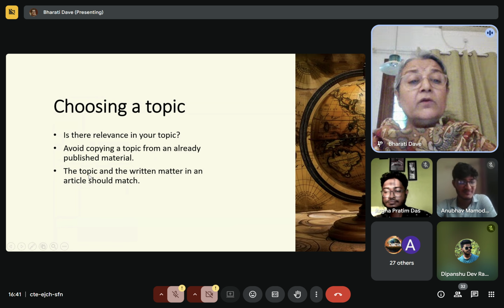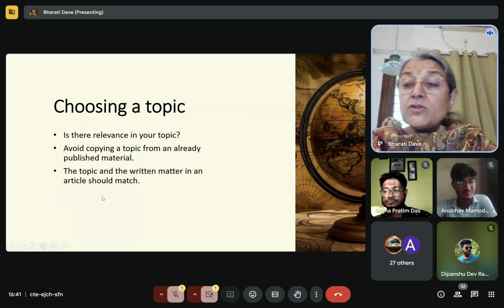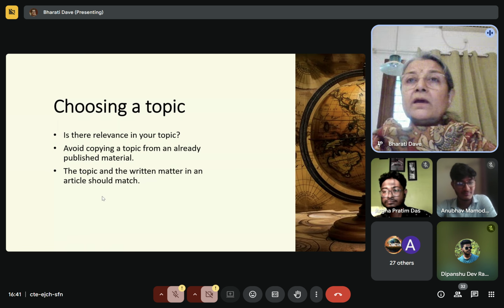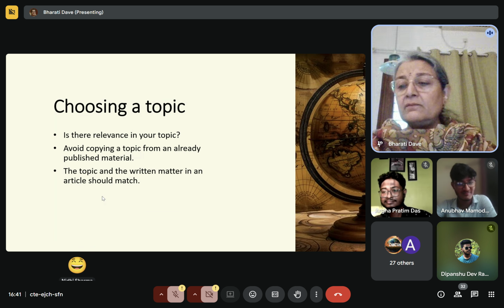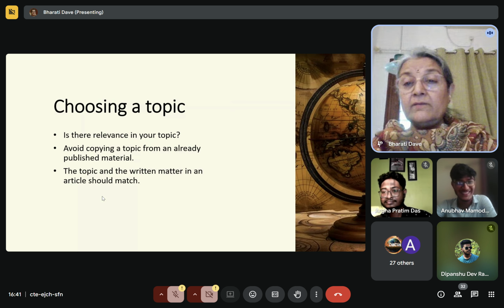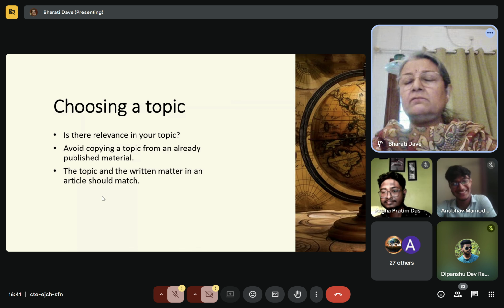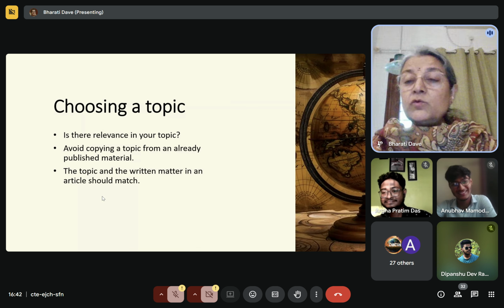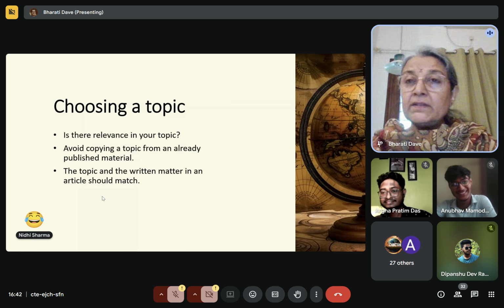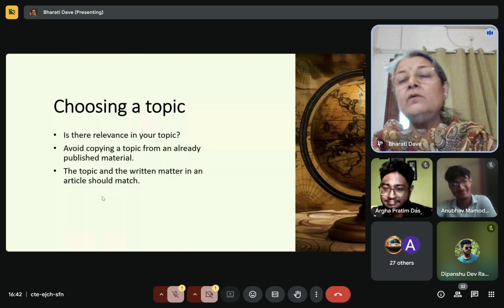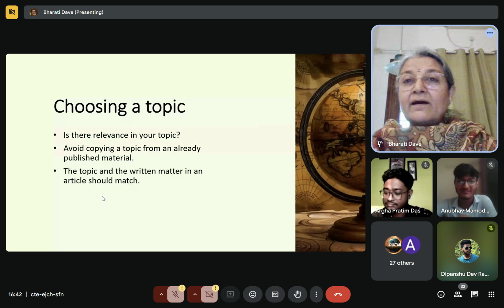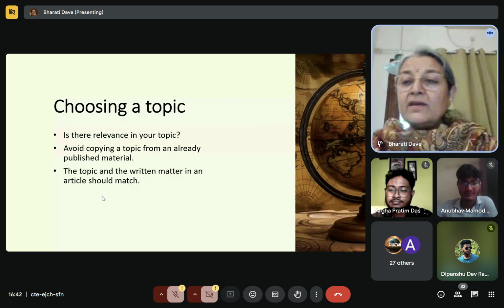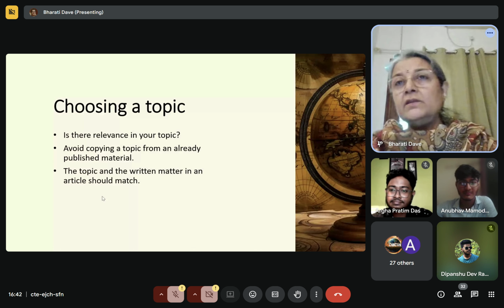Then another thing is that your topic and the written matter should match. अब तुमने एक टॉपिक बनाया जिससे कि लोग पढ़ें तो अरे ये क्या टॉपिक है. आजकल सबसे ज्यादा आई कैचिंग और क्या क्या है, एआई, यूज ऑफ एआई इन जीआईएस. वाह क्या बढ़िया टॉपिक है. अब तुम्हारे को तो पता नहीं कि एआई का क्या है, तुम्हें तो यही पता है कि जीआईएस का क्या मतलब है. व्हाट डज जीआईएस मीन, व्हाट आर जीआईएस टूल्स, हाउ डज जीआईएस यूज्ड. और एआई का सिर्फ बिगनिंग में कहीं पे एक वर्ड लिख दिया, एआई इज वेरी यूजफुल इन जीआईएस.